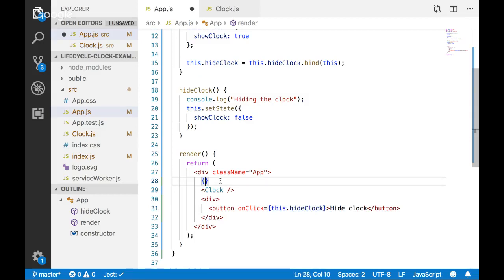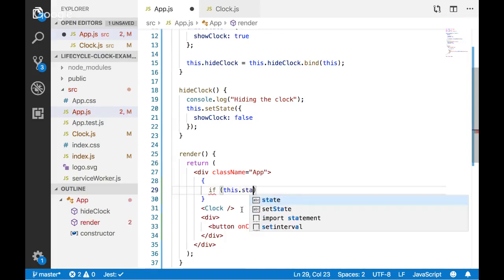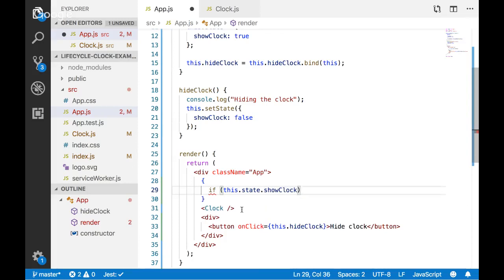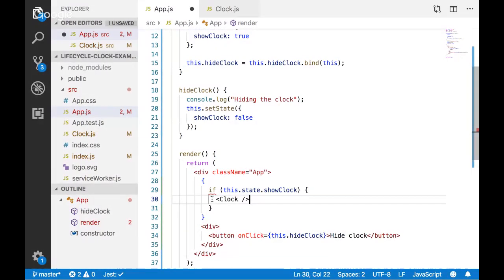What I'm going to do is something a little interesting, but it does work, and you could do this a little cleaner as well. I'm going to nest it first, and then maybe I'll clean it up in a minute. I'll put a bit of logic here that says if this.state.showClock, then inside of that, I'm going to have this bit of clock, just this JSX here. I think this will work.